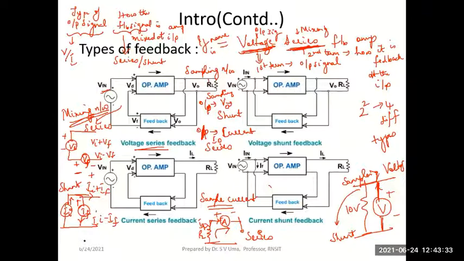Okay. If you are able to make out the circuit, it's fine. You see, voltage series feedback means, the first term, voltage, indicates the output signal. The first term always indicates the type of output signal. So since the output signal is a voltage, the sampling network should sample a voltage. If I should sample a voltage, I should make a parallel connection here.